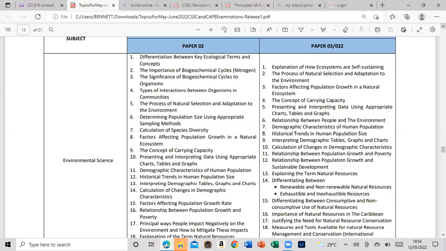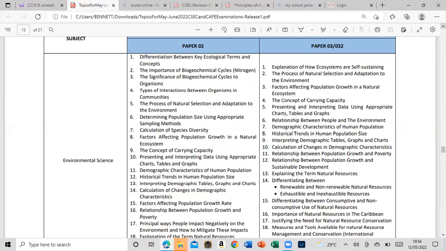5, presenting and interpreting data using appropriate charts, tables, and graphs. Relationship between people and environment, demographic characteristics of human population. And 8, historical trend in human population size. 9, interpreting demographic tables, graphs, and charts. 10, calculation of changes in demographic characteristics. 11, relationship between population growth and poverty. 12, relationship